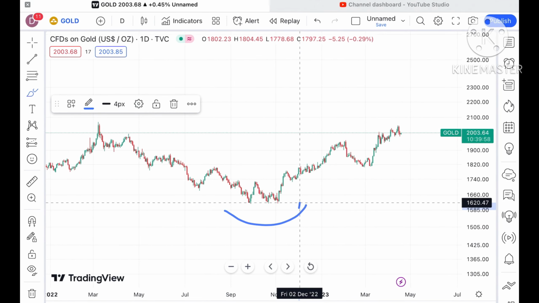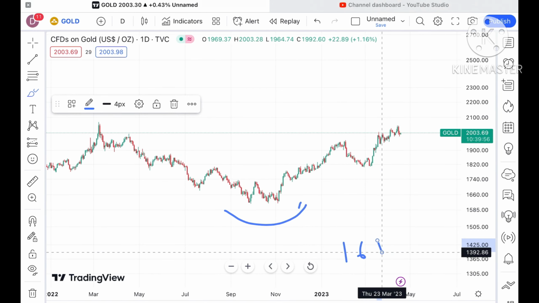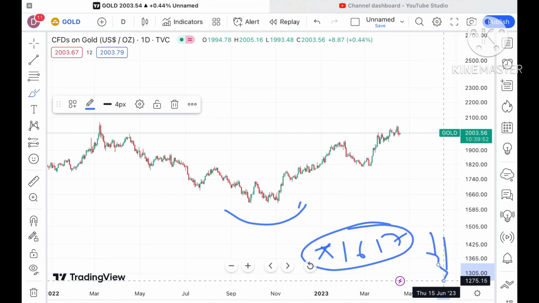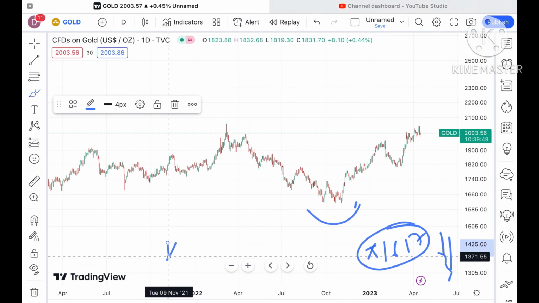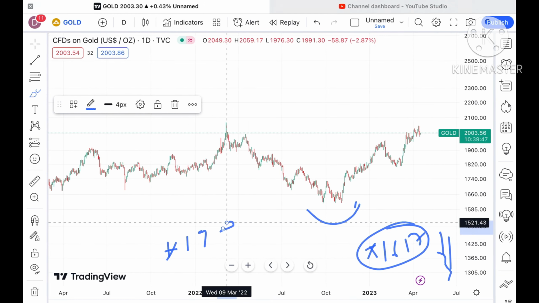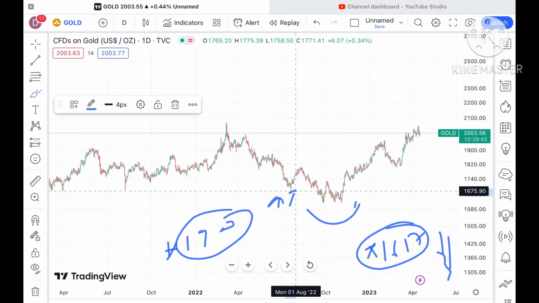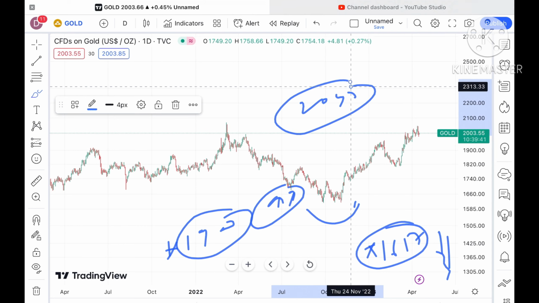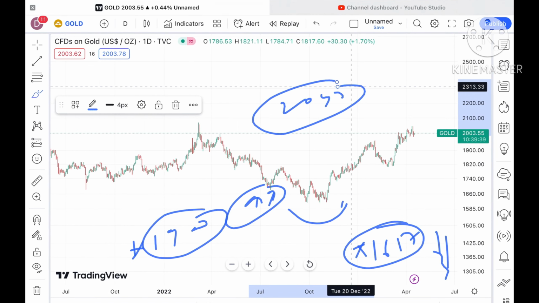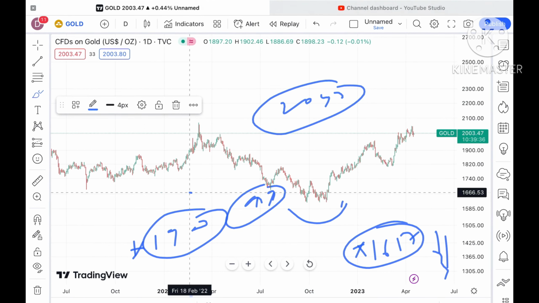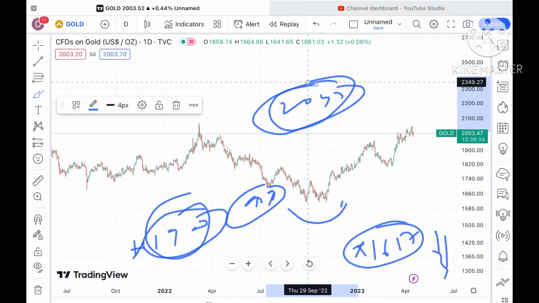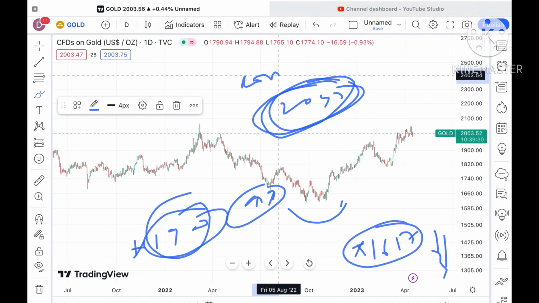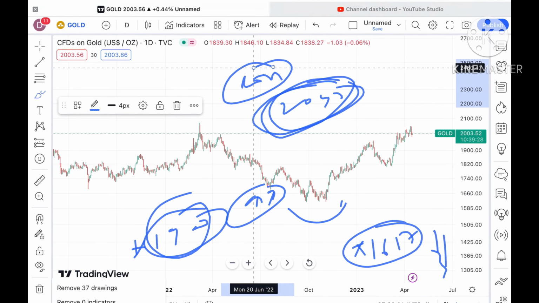See, the swing is forming at a level of around $17. Keep that in mind. If the price comes close to this level, then we can see it can move further low. I have previously told you that if the price moves above a level of 1900, chances are very high it can go further upside towards a level of $2040. You can check my previous videos. For 6 months I've been telling you that the probability is very high that it can touch this particular level and go further upside if the price comes close to a level of 2031, and then it can move further upside.